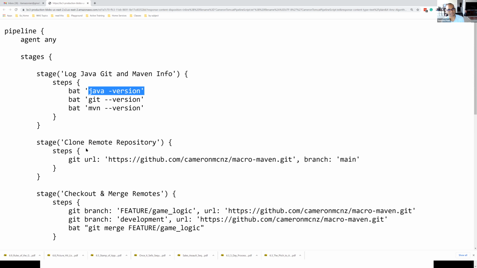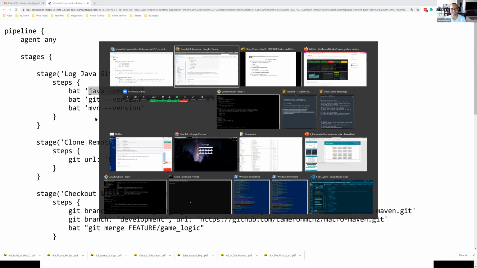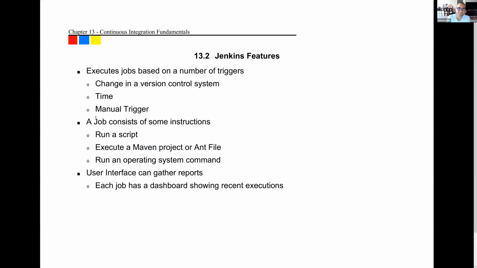Question: do you have a really quick breakdown of the industry, like 50% Jenkins, 25% Bamboo, 25% GitLab or something like that? No, I don't, unfortunately. I wish I did. I don't know why, but nobody really polls for tool usage across the entire industry. Somebody might have done it, but I don't know how up to date it would be. Maybe people don't like disclosing their tools. It'd just be helpful to know, well, if that's the popular tool, then I'll learn that one. I will tell you that Jenkins is by far the popular tool,